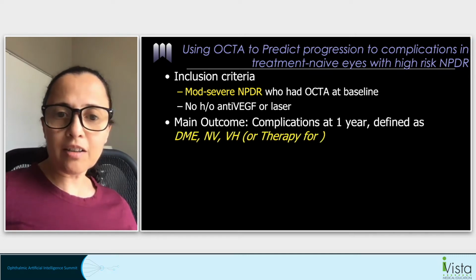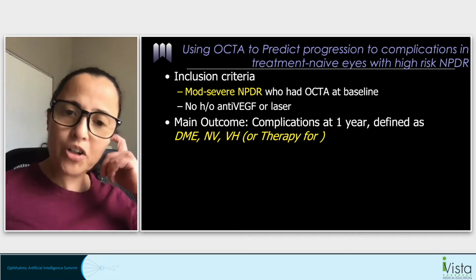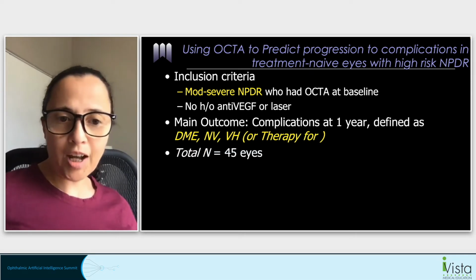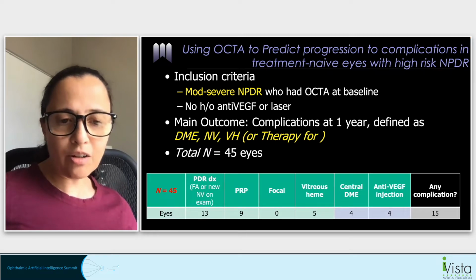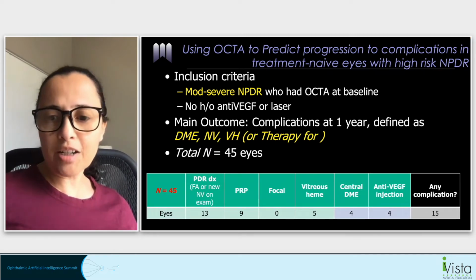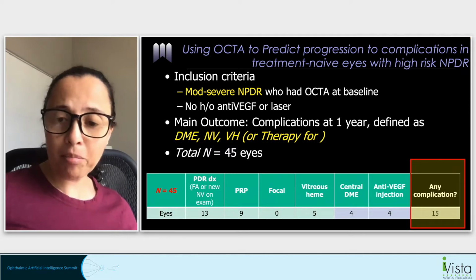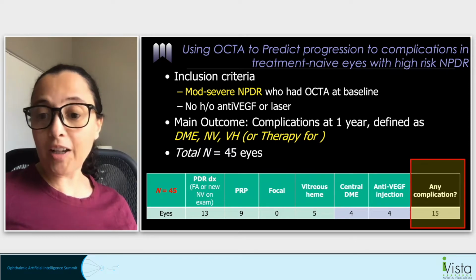And then we looked at those that followed up in 1 year and had either progression to diabetic macular edema or proliferative diabetic retinopathy, or not. So we identified a population of 45 eyes, of whom 15 progressed to complications. And we wanted to look at this population of progressors and non-progressors to see if OCTA provided a clue to